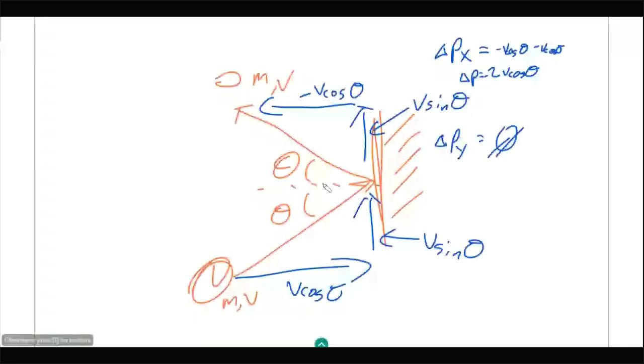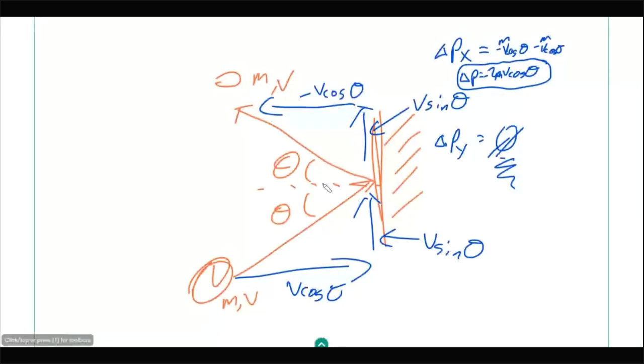The question was just about how we do change in momentum for something bouncing off a wall. So we were looking for this change in momentum: in the x, it changes by that much, and in the y, it changes by nothing. Looking at 2 dimensions, doing some trig to figure out the speeds in each direction, and then mv. Actually, I should put an mv in there. Let's put m's in there, make it momentum, not just v's. Good catch, Carol. So that was just the velocities here. We'd have to put an m times that and m times that in there.